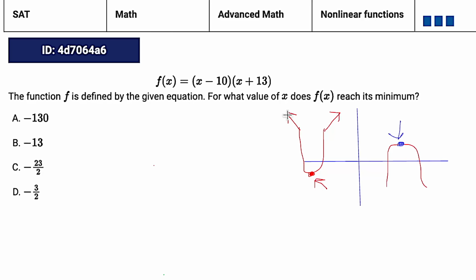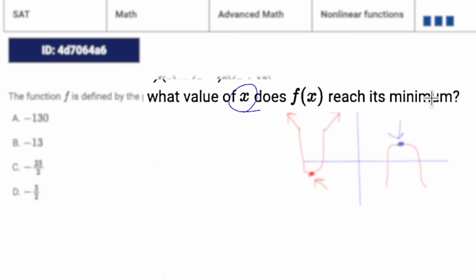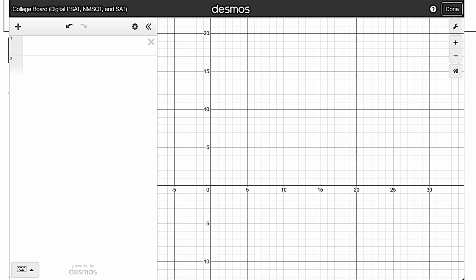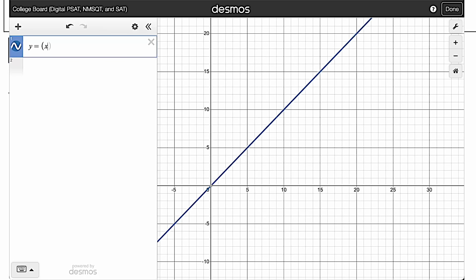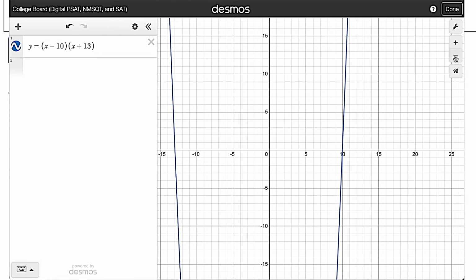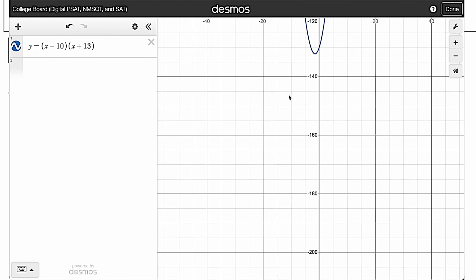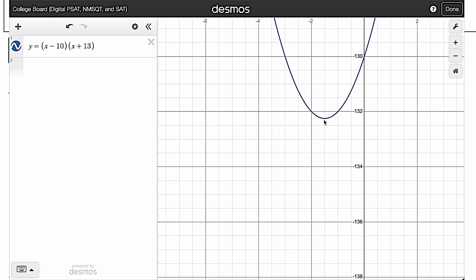Now that said, this says for what value of X does it reach its minimum? So in this case, we're actually looking for the X coordinate of the vertex. Anyway, what are we going to do? You've guessed it. We're going to plug this into Desmos. So let's do that. And the equation was f of x. Again, I'm just going to make that y equals x minus 10 times x plus 13. Going to zoom out and zoom in. Actually, I've got a scroller on my mouse, so I can just scroll. And it looks like our vertex is here. And the x value is